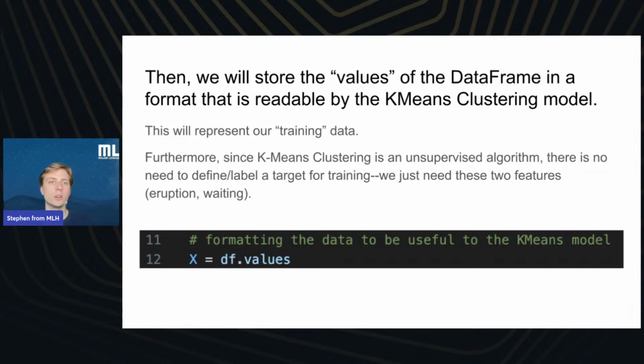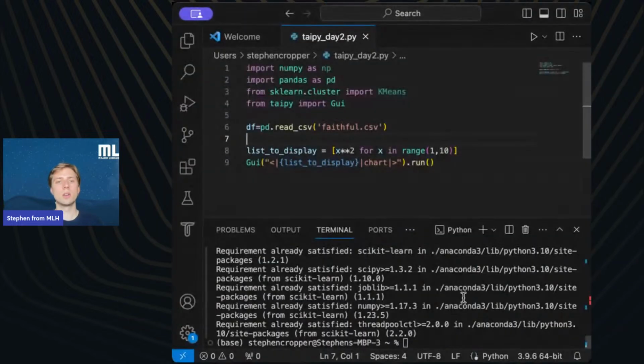That will transfer your data frame into a numpy array format, and we'll store that result as X. And we use capital X typically because this value is a matrix. It has rows that are different data points, and then the features of that data point are captured in another dimension. So we'll put the waiting and the eruption variables as features for each of these rows, which will each represent one eruption. All right, so let's go ahead and do that in our code.